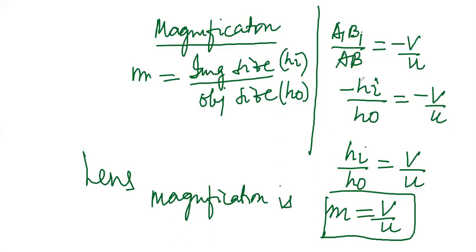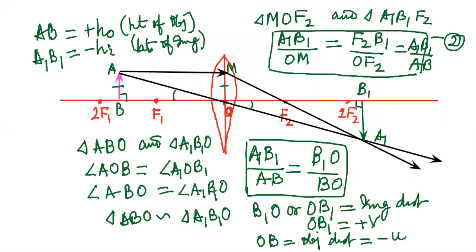Am I clear to all of you? So we have done the proof of the lens formula, and we have also done the proof for the mirror, that is according to the